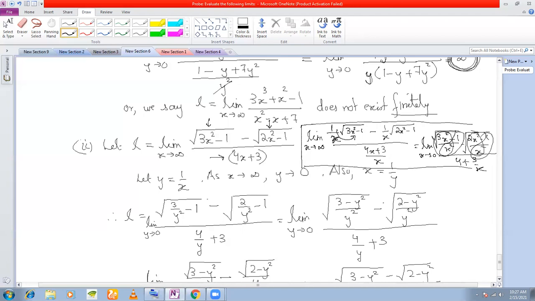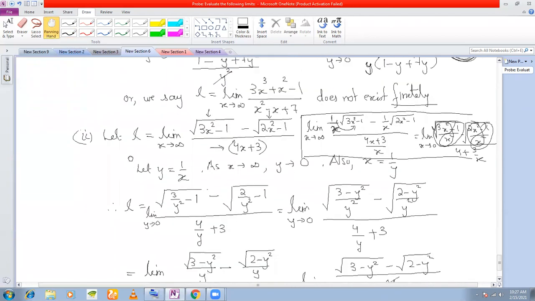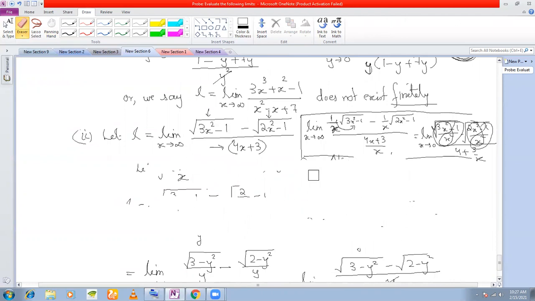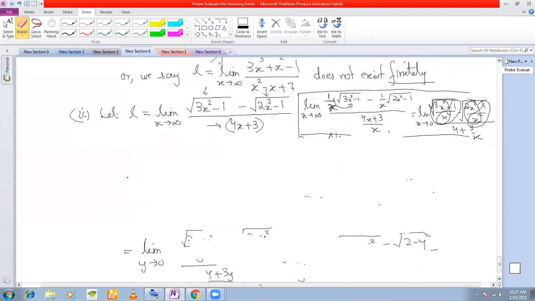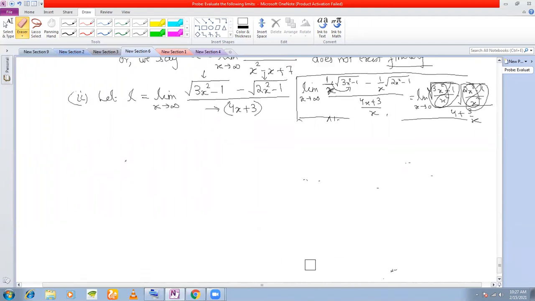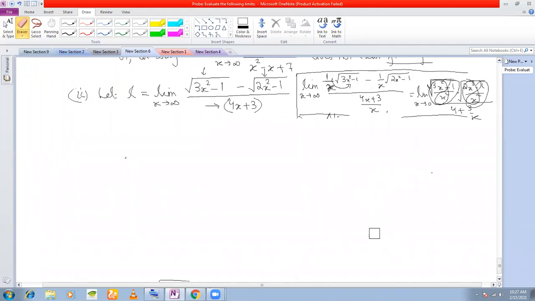Okay, so I'll do one sum by this technique only. Let me just do this sum by this technique. Let me just finish this off very quickly. The value of the limit will be the same in whatever way you do. Understood? The value of the limit won't change according to the technique that you are using.